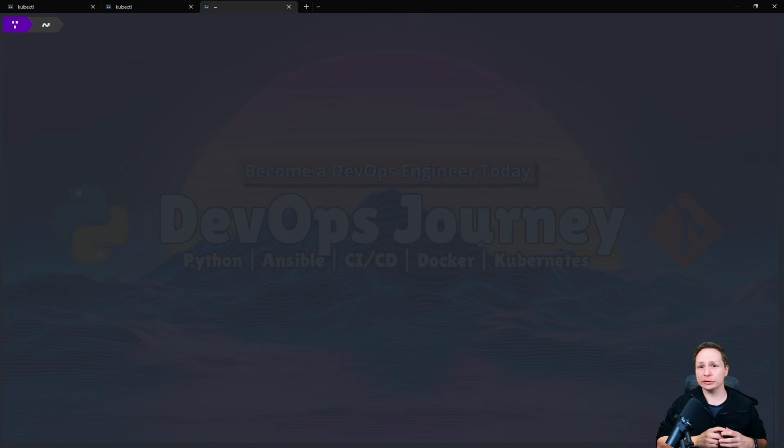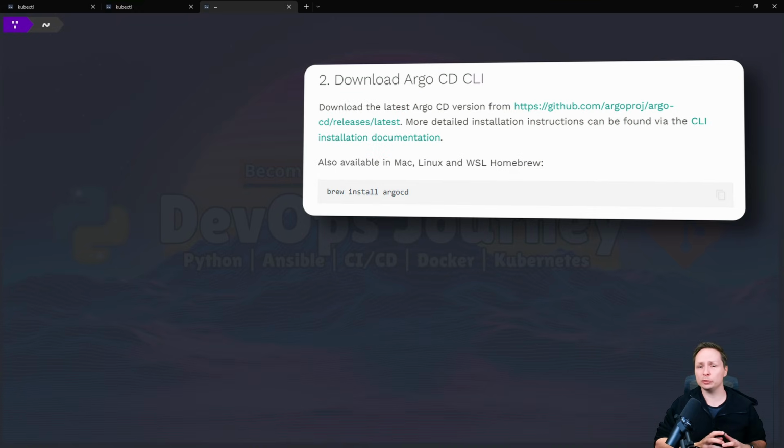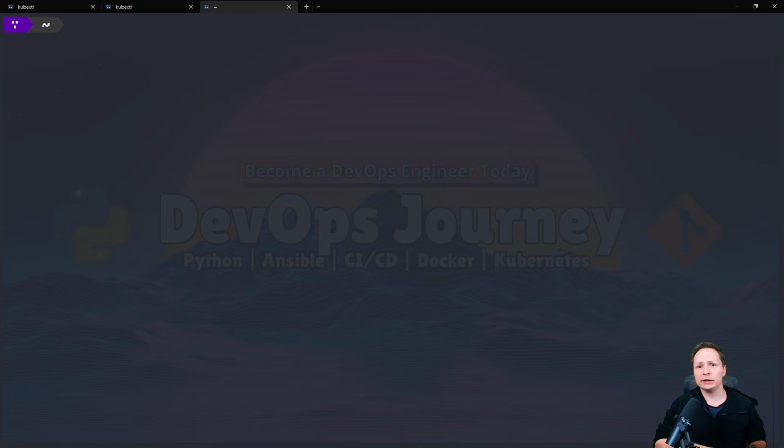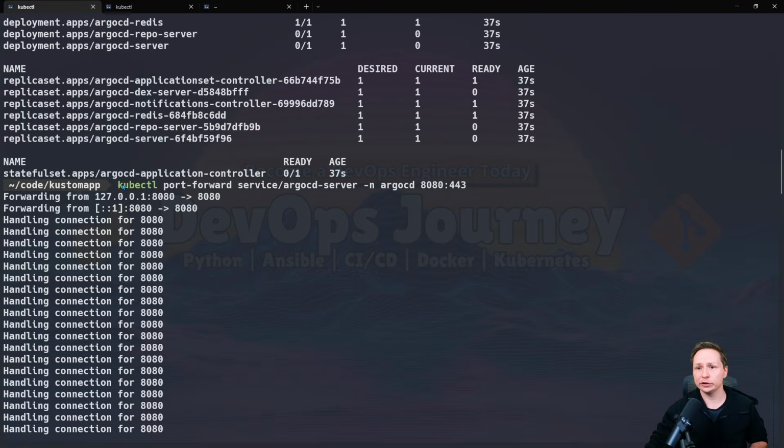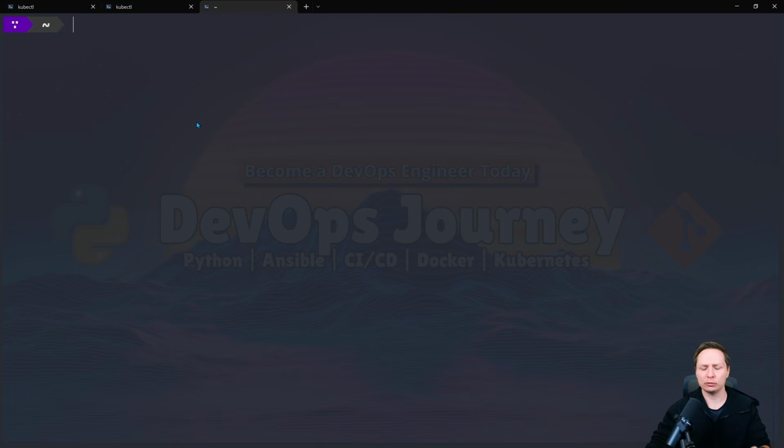Okay, so now that you have a good understanding of how to use ArgoCD using the web GUI, I'm going to show you the ArgoCD CLI. So the easiest way to get started with the ArgoCD CLI is to do a brew install argocd. Once you have it installed, the next thing you need to do is use argocd login to log into your ArgoCD server. So just make sure that you still have your kubectl port-forward to the ArgoCD service enabled, and then run the argocd login command, and then just localhost:8080,